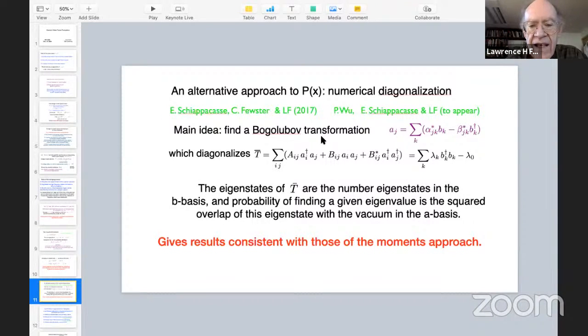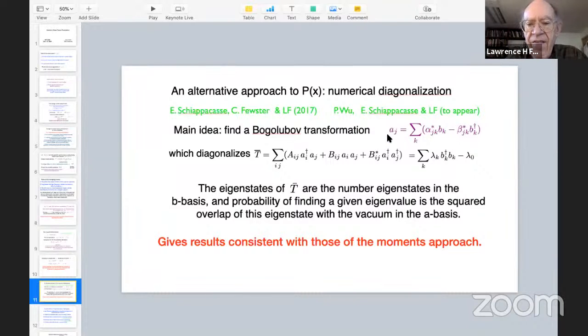The idea is that the averaged stress energy tensor operator, which we assume is normal ordered in the vacuum state, you write out in terms of creation and annihilation operators, and it has this quadratic form. These off-diagonal terms are very important, but it can be diagonalized by what's called a Bogoliubov transformation,